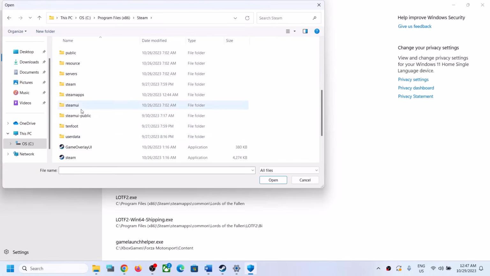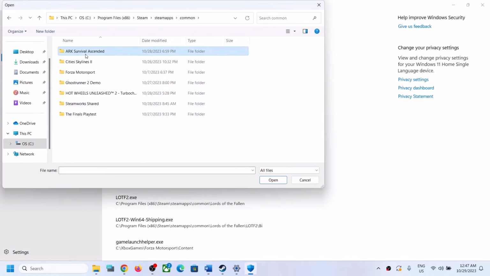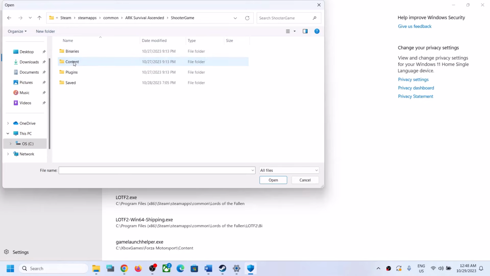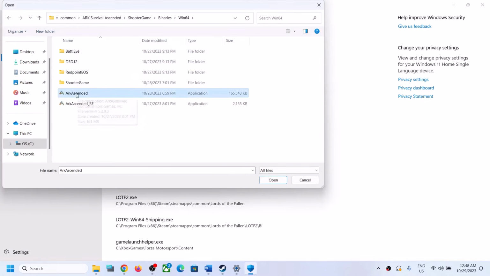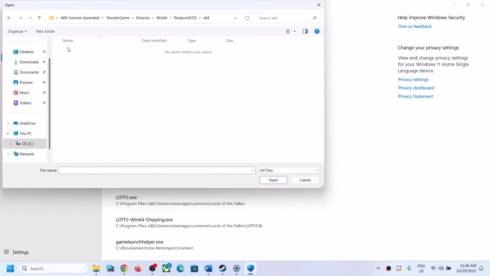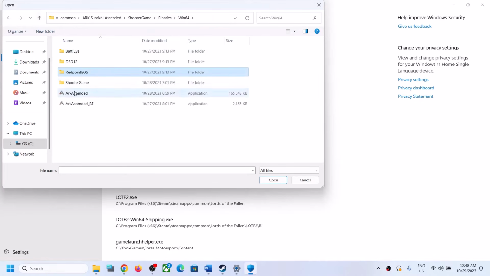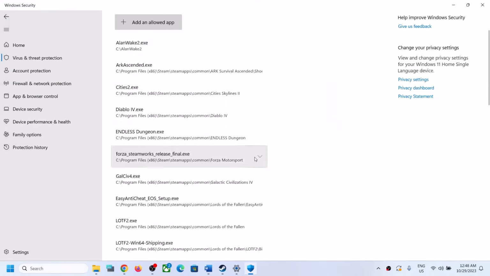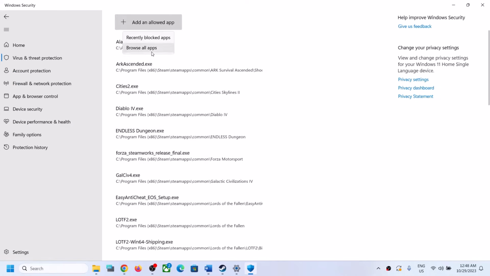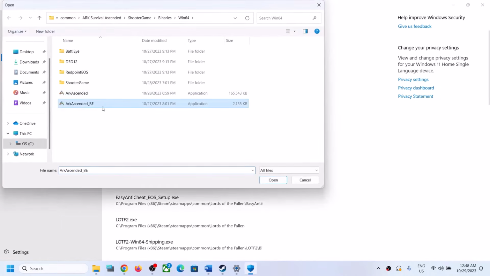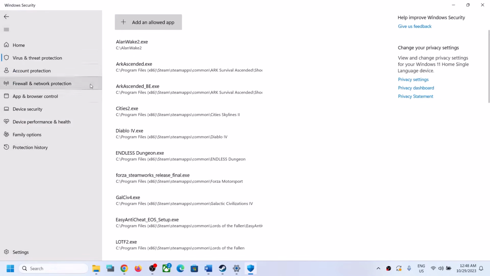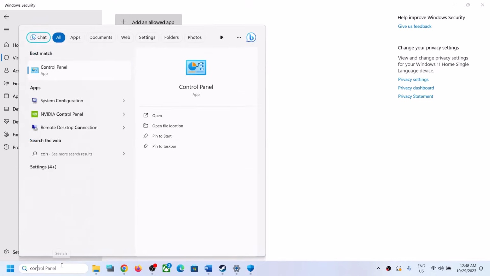Now open the steamapps folder. Now open the common folder. Open the ARK game folder. ShooterGame, Binaries, Win64. Select this exe file and then click on open. Again click on add an allowed app, browse all apps. Select the second exe file. Now click on open. Once the game is added over here, now type in control panel in Windows search box